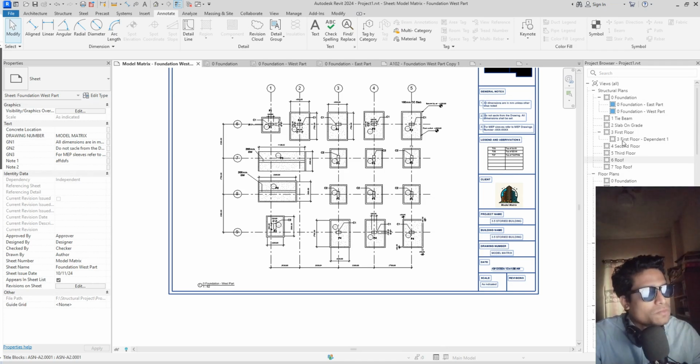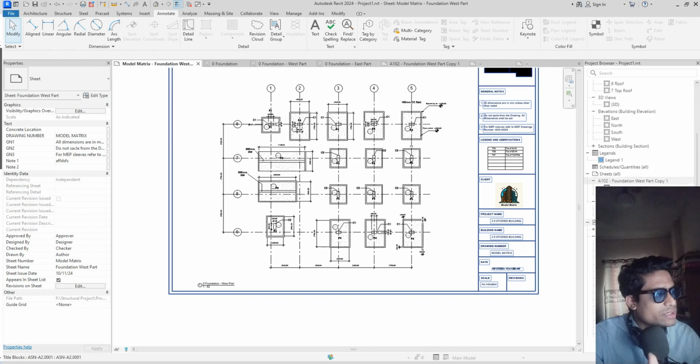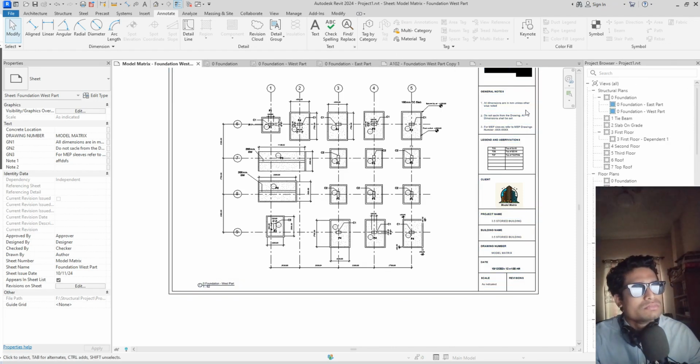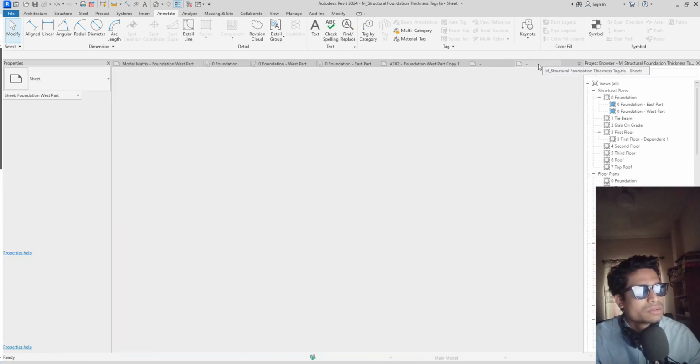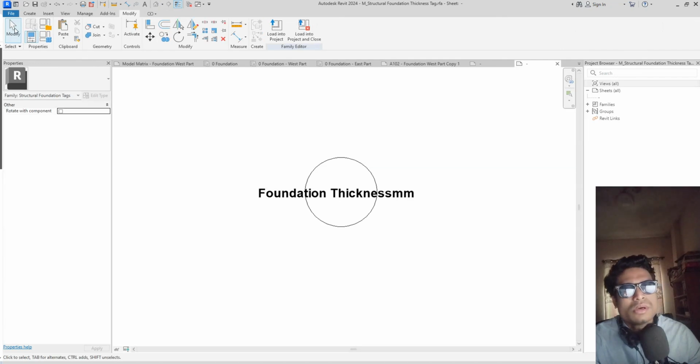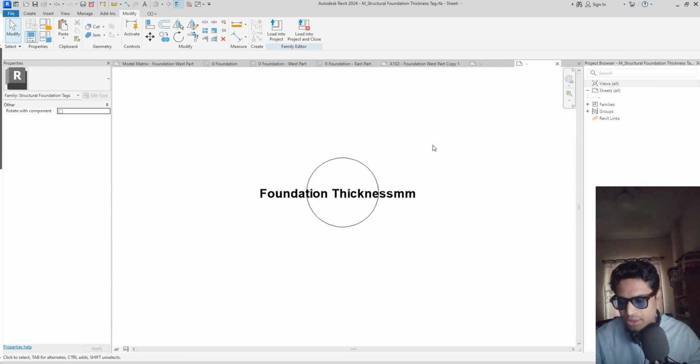But now let's see how we can annotate the rebars, the reinforcement inside the structural members. Only the structural members need reinforcement,